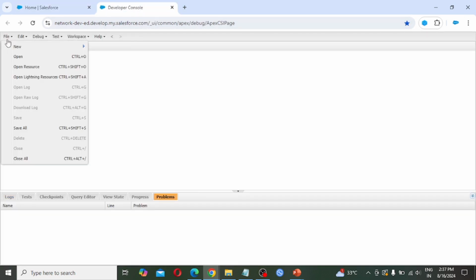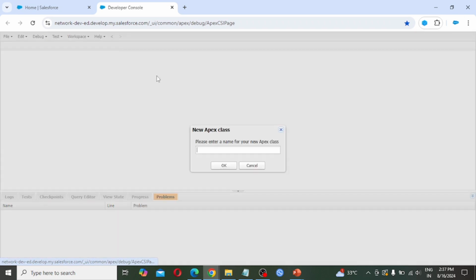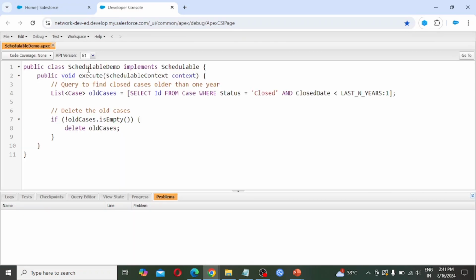Click on File, New, Apex Class. Here we are taking the name SchedulableDemo. Click OK. Public class SchedulableDemo implements Schedulable. Public void execute(SchedulableContext sc). Query to find closed cases older than 1 year.